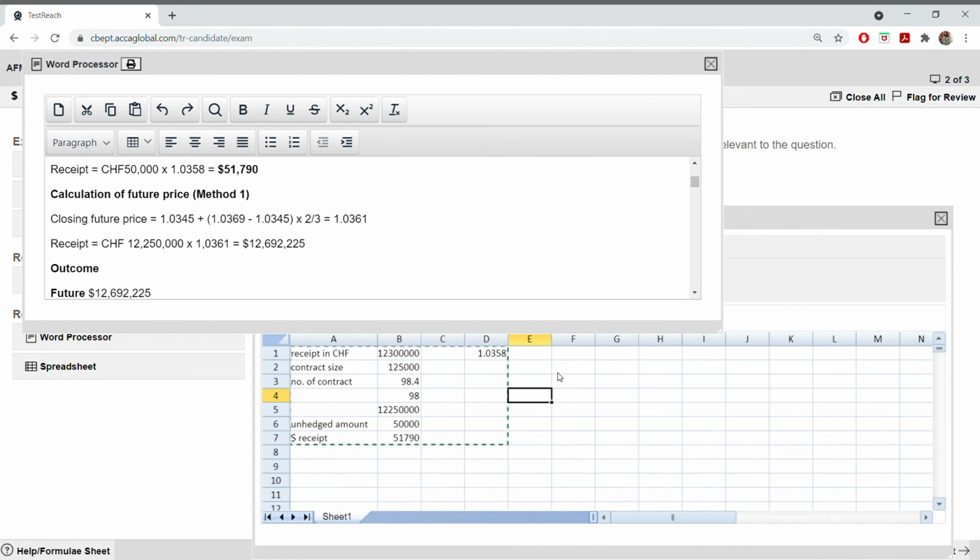So if you want to find the closing future price, when you do the calculation in Excel, also make sure that you write the proper headings and all, in case you might have to copy paste, so that later you don't have to type. So for the closing future price, let's say the opening is this. You write it somewhere, opening, and this thing, the spot trade and the opening, and the fraction.